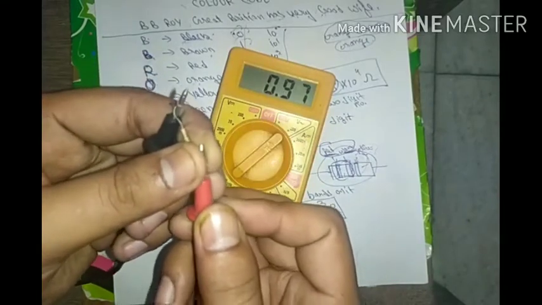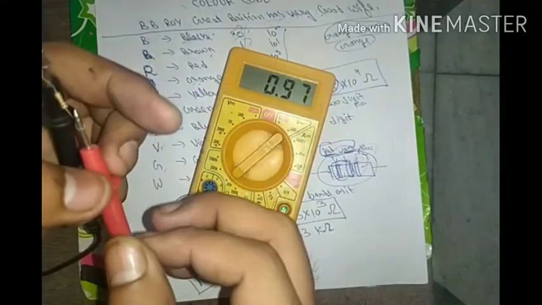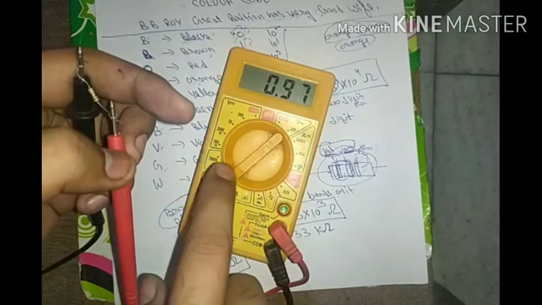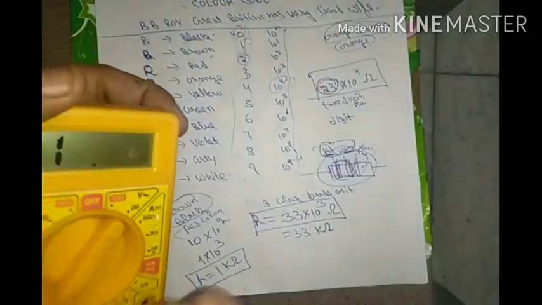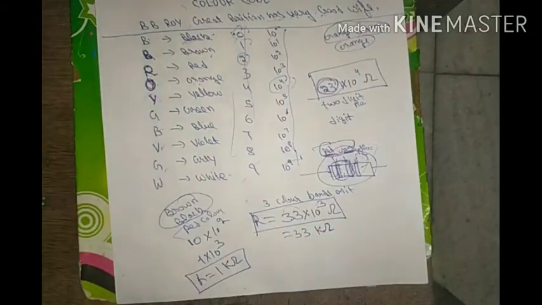So you can see it is close to 1.97. So the answer comes out to be the same with the multimeter. So the color code is very correct to measure the resistance of any resistor. So I think now it is very clear to you how to measure the resistance of a resistor with the color code.